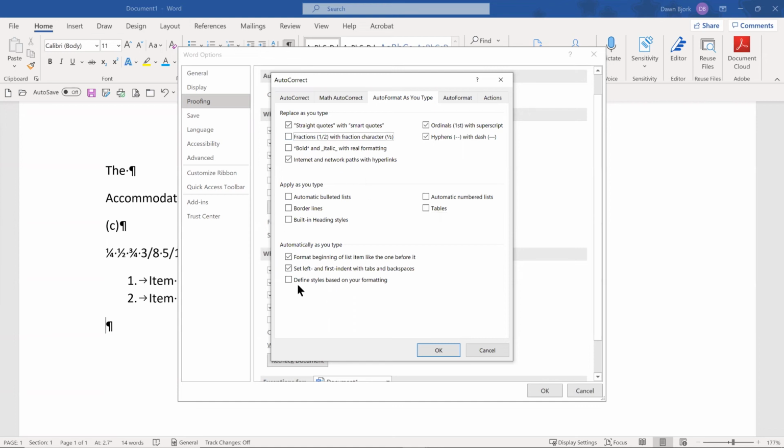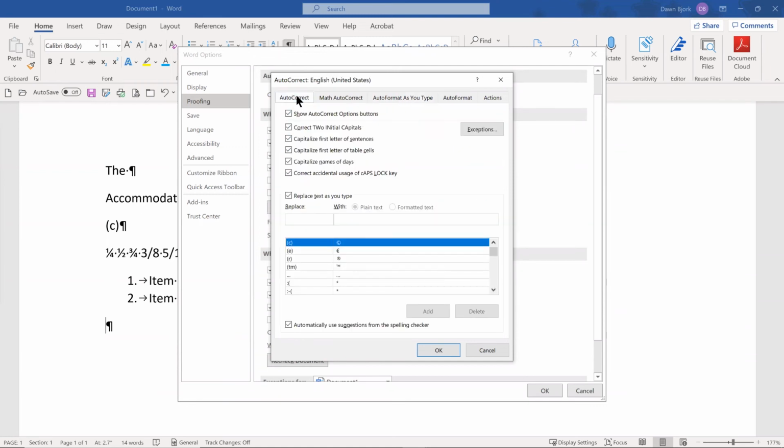Now, for most people, you may also want to uncheck these options in this third section here. It depends upon how much you use Word and whether you are leveraging or using the tab or back tab feature for your indents. Before we leave this, I'll go back to autocorrect because this is another way we can leverage the autocorrect. So it's not just for spelling errors, but it can be a neat little shorthand. So for instance,